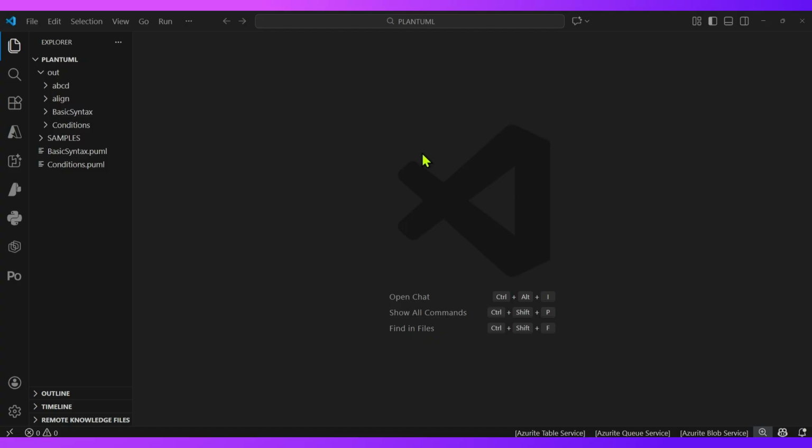Now to start with, I have opened Visual Studio Code. Within Visual Studio Code, I have installed the PlantUML extension and I have installed Java within my operating system. Now here, I'm gonna work around with headers and footers and block. So let me create a file over here. I'll create a file called